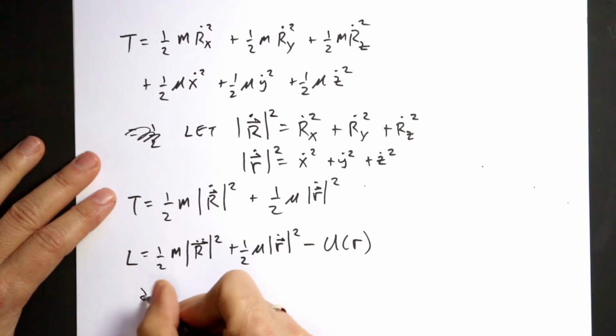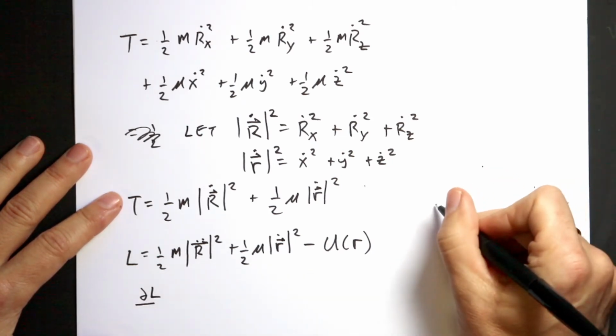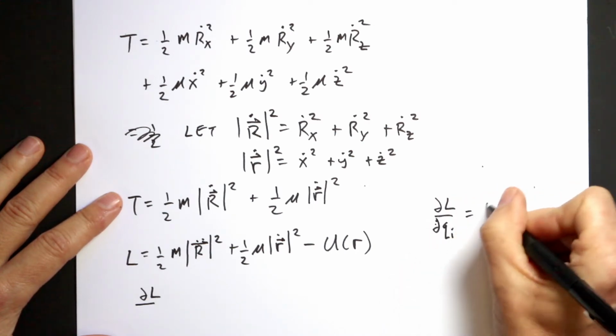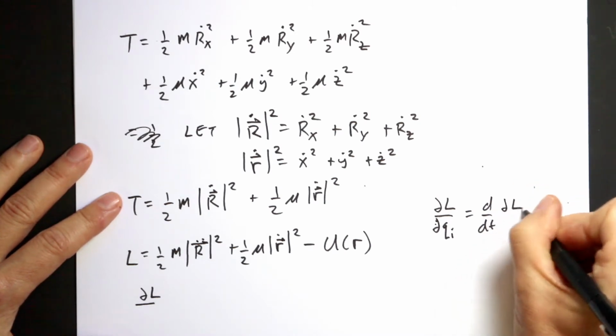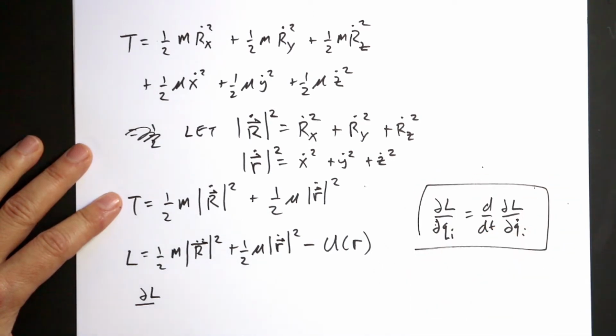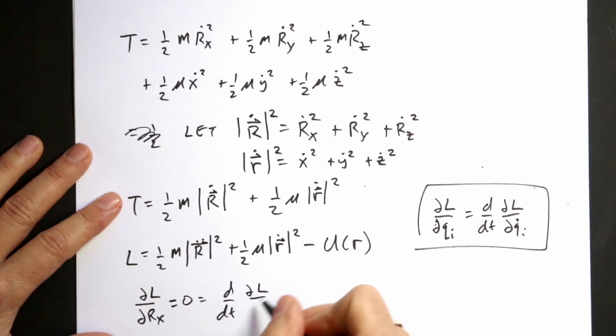And if I say, what about the partial of L? I mean, I could do the R. Let's do just the R, X component. So this is the Lagrangian. Partial of L with respect to q_i equals d/dt of partial of L with respect to q_i dot. This is the Euler-Lagrange equation that solves the equation of motion. So q would be some variable, and this would be the derivative of that variable. So if I do that for R_x, I get the partial of L with respect to R_x, which would be what? There's no R_x in here, so that's 0. So that's going to be equal to the derivative of the partial of L with respect to